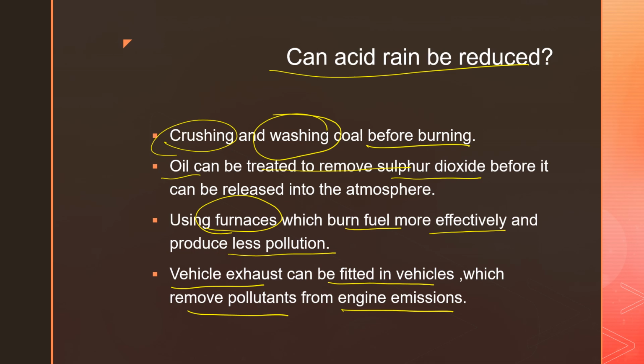If the pollutants are removed from the emitted gases, then the gas will be free from these pollutants, and then there will be reduced or less acid rain. If there are no pollutants in the air, and if they are prevented from being released to the atmosphere, then there are fewer pollutants and less acid rain.